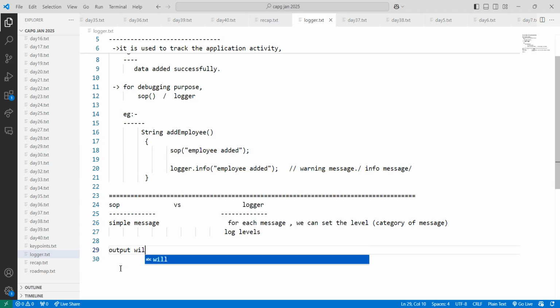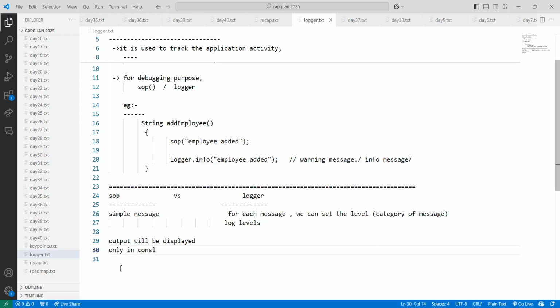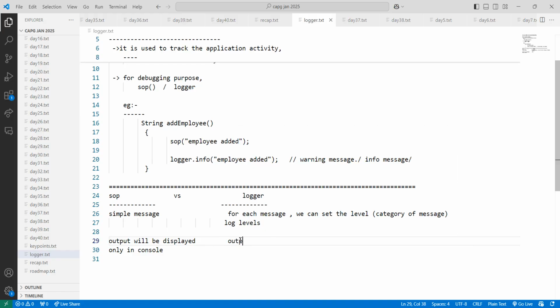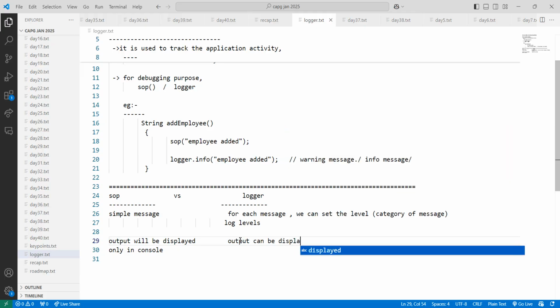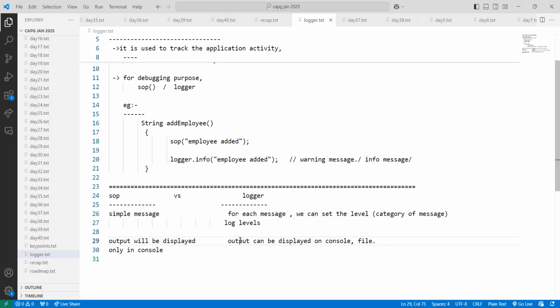Output will be displayed only in the console. With logger, output can be displayed in console or file or databases. That is the option here. So the main thing is we should not use SOP. Instead of SOP, use logger. That is the intention here.